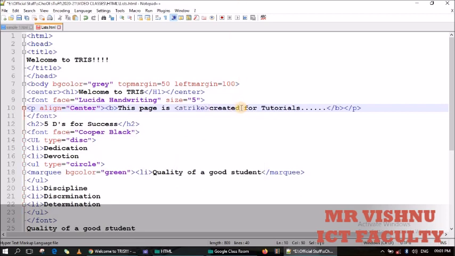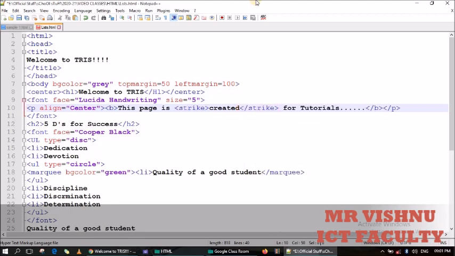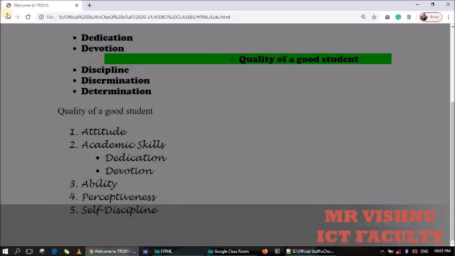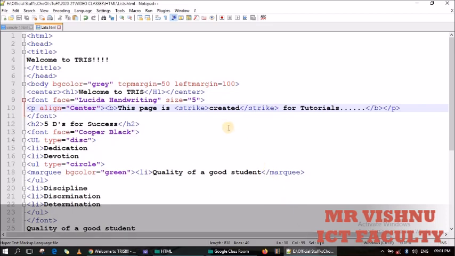Close that. Strike through, you have seen this in MS Word and all. Look, you can see the result. There's a line between there. That is strike. Now superscript, subscript: if you need to write x square, a mathematical kind of thing,